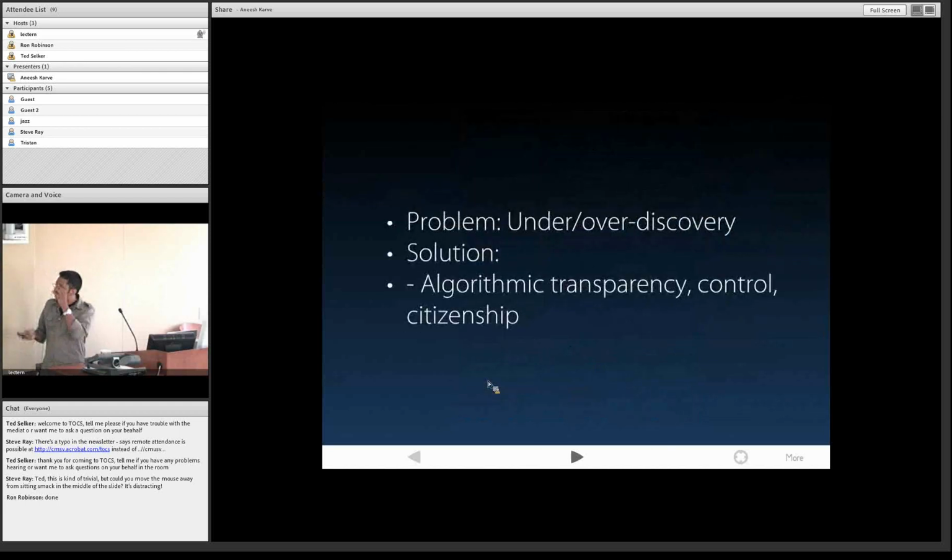And so this general problem here is one of under and over discovery, and the solution is algorithmic transparency and control. And I think it's an open question for the community. How are we going to provide control to people? And do outlets like Facebook, where people are spending a vastly greater amount of time than they're spending reading the world news, have a social responsibility to inject globally important topics into the discussion and into people's needs? Or what about Google doing the same thing? I guess there's kind of a recent discussion of different search results for different people.